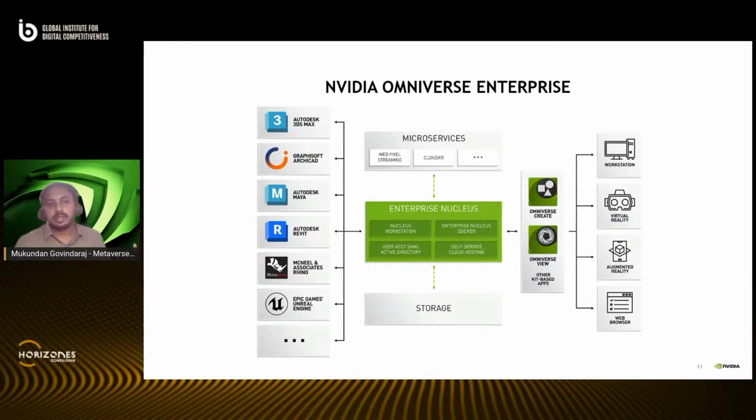This is a very high-level architecture of how the Omniverse Enterprise version sits in your current pipeline. On the left, you see the various DCC tools that you will be working on. Then you connect to Nucleus, which is in the center and acts as storage. It can also run a lot of microservices, which help you with file management and user management, and also make your